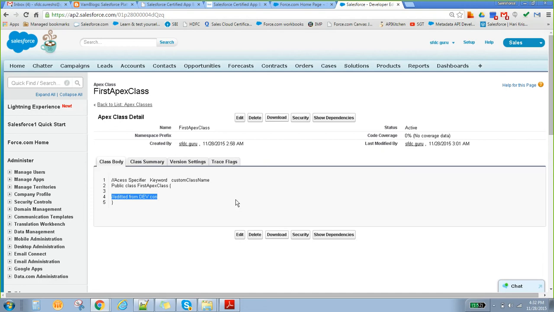If you install a particular plugin or software for that Eclipse, then Eclipse will allow you to write an Apex class, or write Visual Force pages, or deploy particular code from one sandbox to another sandbox. Those things we can do by using Eclipse.